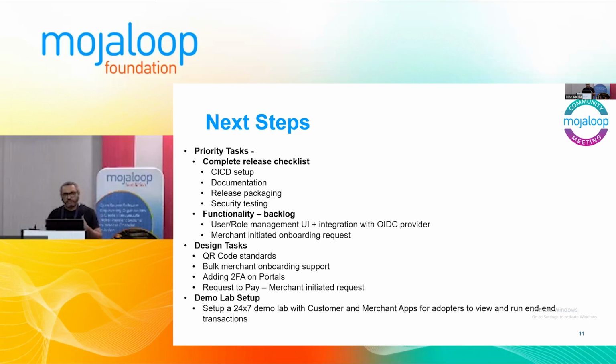So one is around the QR code standard that should be adopted. I understand Mojaloop is agnostic to whatever standard of QR we use, but we'll have to see that in the markets where we are thinking of going for adoption. Generally, what we have seen is that if it's a closed loop QR setting, then you have simple QR codes with just basic alias information in the QR. But as you start doing open loop, you need a more standardized approach.